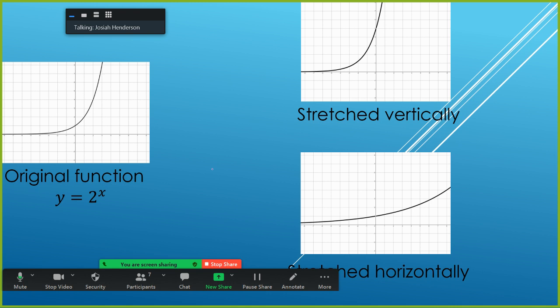So here are our stretching vertically and stretching horizontally pictures just to start with. Again, on the left, I haven't changed any of the original. Here's our 2 to the x original function on the left side. And if we compare that to these stretches,